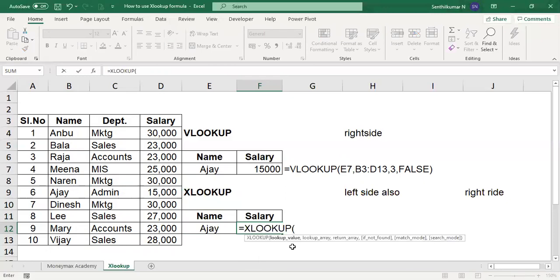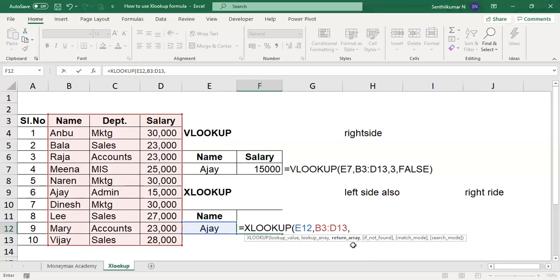Please look at the syntax. Every formula has a separate syntax, and only then does it work. So this is the lookup value. Good. What is the lookup array? In normal VLOOKUP, you have to select like this, but here it is asking for a return array.